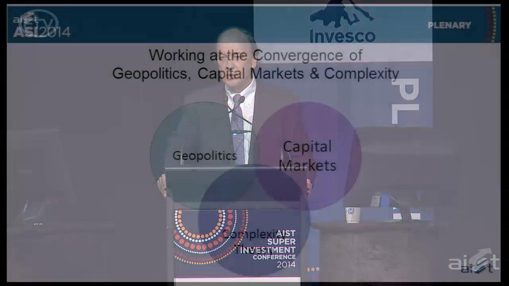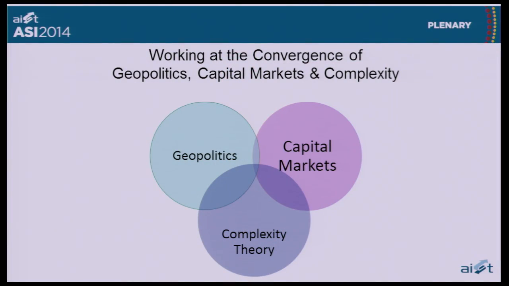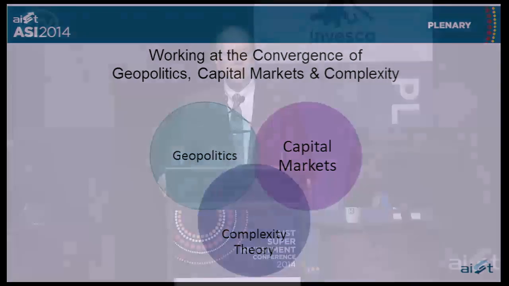What we'll be talking about today is, if you think of it in terms of a classic Venn diagram, the intersection, the very tight, fairly small intersection, of geopolitics, global capital markets, and complexity theory, which is a branch of physics. A lot of people confuse complexity theory with chaos theory. Actually, more people have heard of chaos theory as applied to capital markets. And chaos is a branch of complexity theory, but complexity theory is a little broader, and that's the term I use. And what strikes me about this is that when you go around,